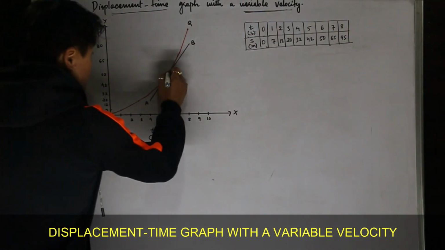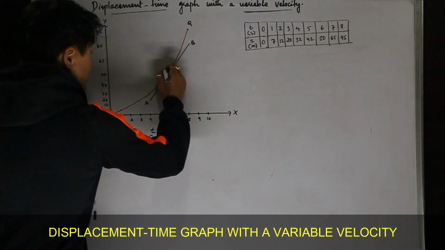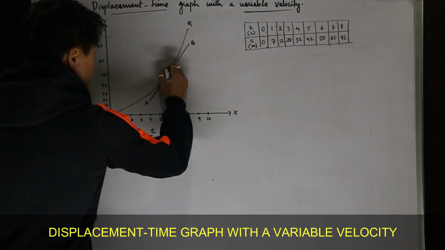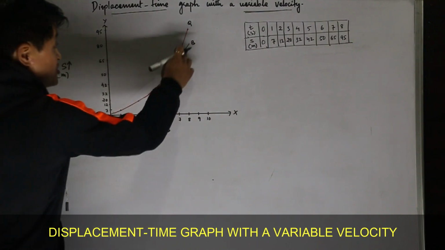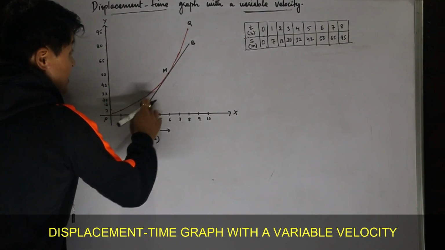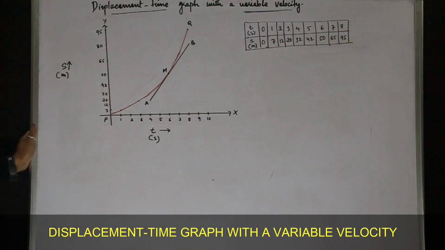Suppose we have to calculate the velocity at this point, say M. To know the velocity at point M, we have to find the slope of the tangent AB,